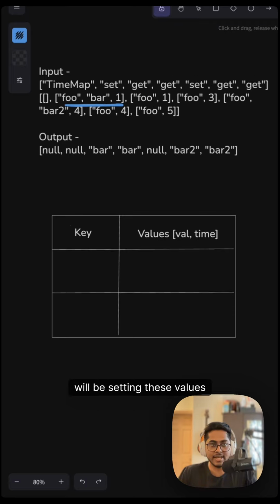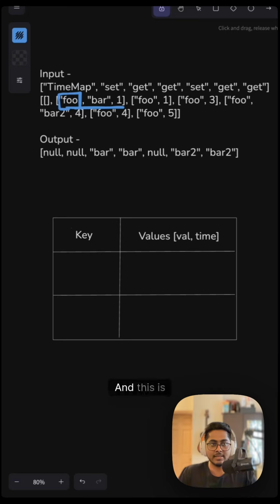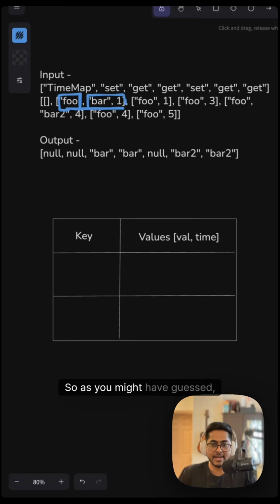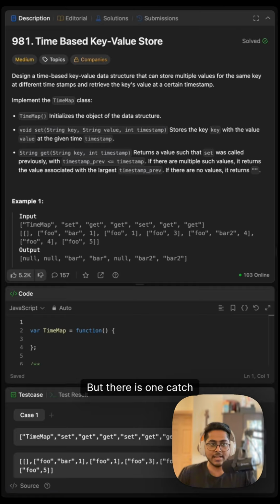We'll be setting these values where this could be our key and this is the value. So as you might have guessed, this is more like a hash map where let's just say the key is foo, and in our values part we will store it like this. But there is one catch, which is if you